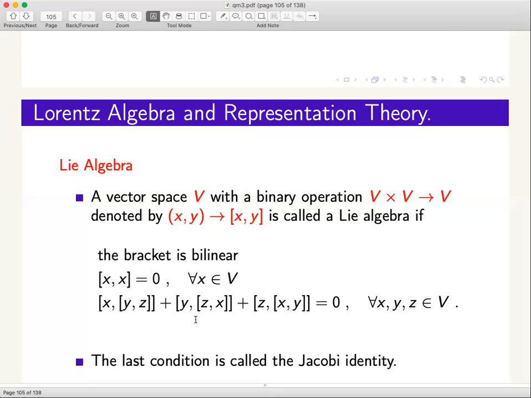Now you do the following thing. You swap x and z, and you swap this z with this bracket. Then what you see is that the bracket with respect to x acts like a derivative. Imagine the bracket with x acting on this [y,z] bracket as a derivative. That derivative first acts on y, which gives you this term, and then it acts on z, which gives you this term. So the Jacobi identity is a statement that you can define a derivation with respect to a binary operation on a vector space.